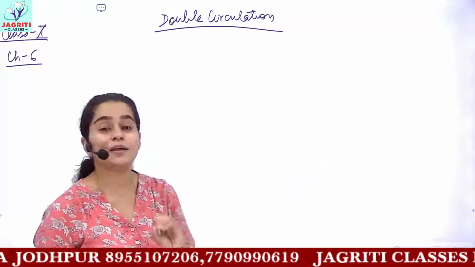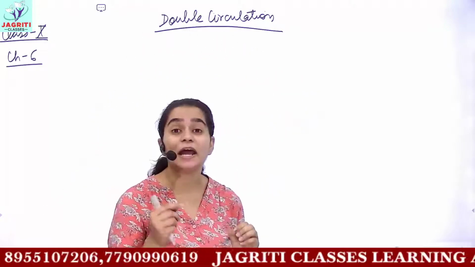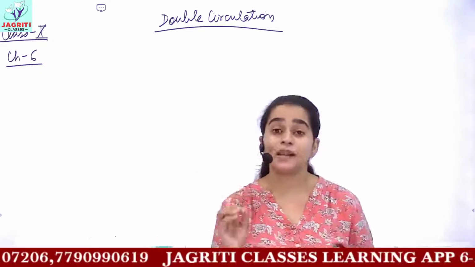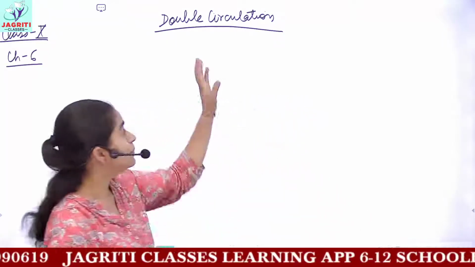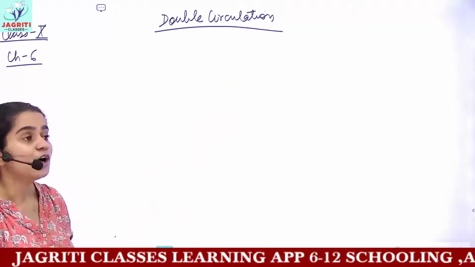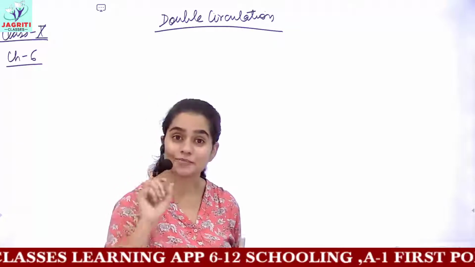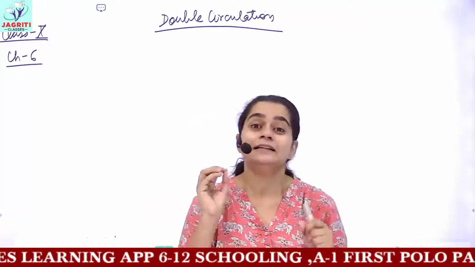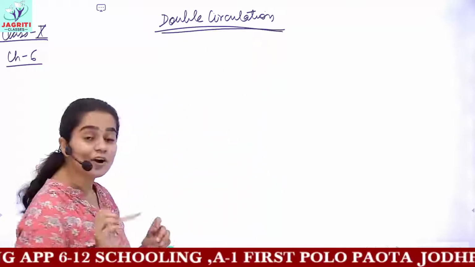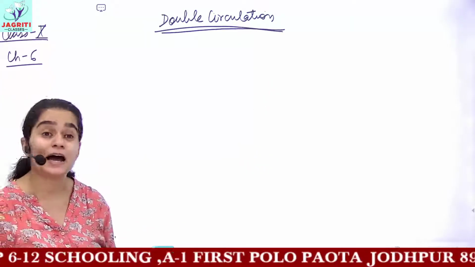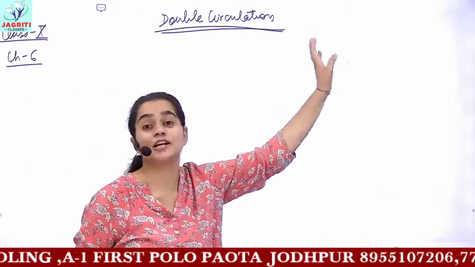So if you are given a question on double circulation, then firstly you have to write its definition, the same definition which we discussed in the previous video lecture. Double circulation means that the blood passes through the heart twice during one cycle. This pathway is known as double circulation because the blood is passing through the heart 2 times. So you call it a double circulation pathway.